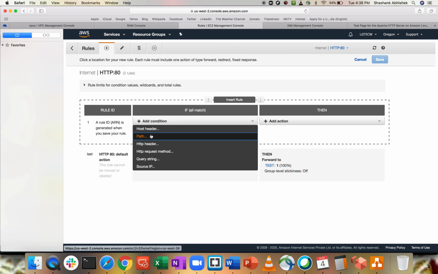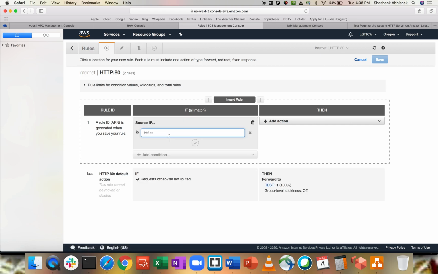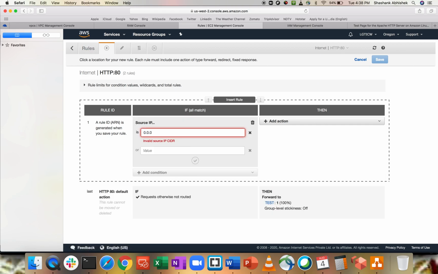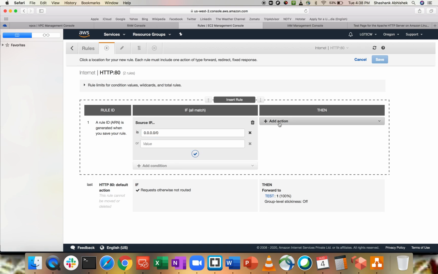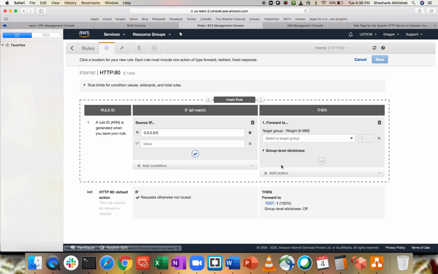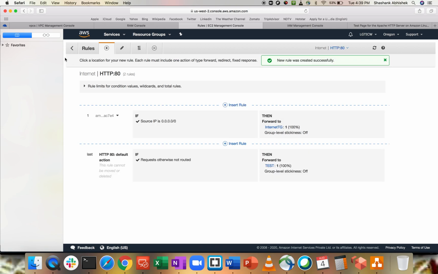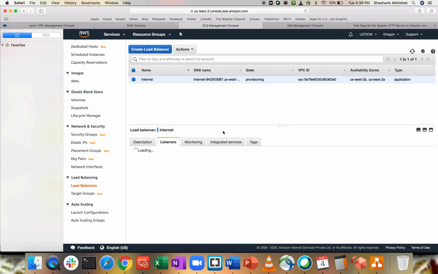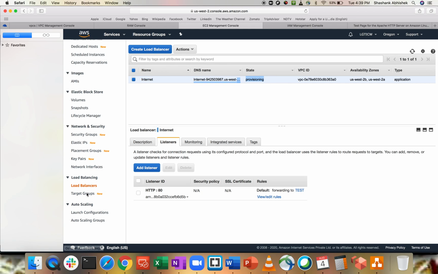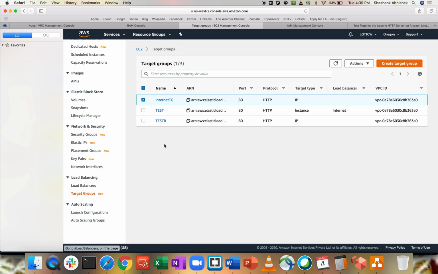I don't have a host header for now, so what I'm going to do is use source IP, which is from all over the world, 0/0, that's the CIDR range, add and forward to the internet target group. Save it, go back to the rule. It's still provisioning. Now if we go to the target group,